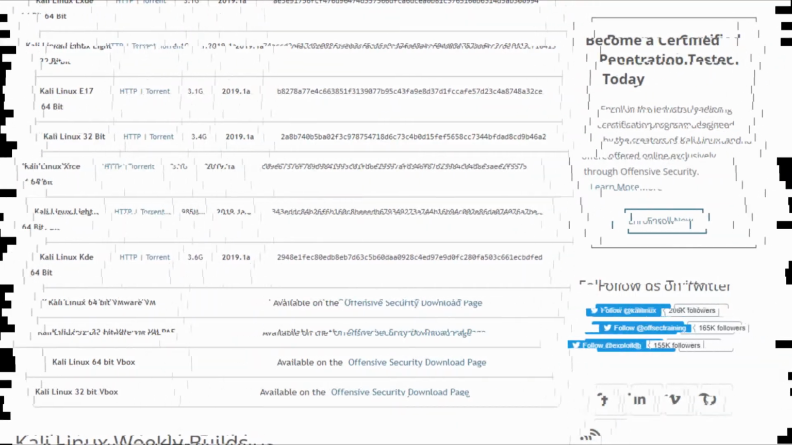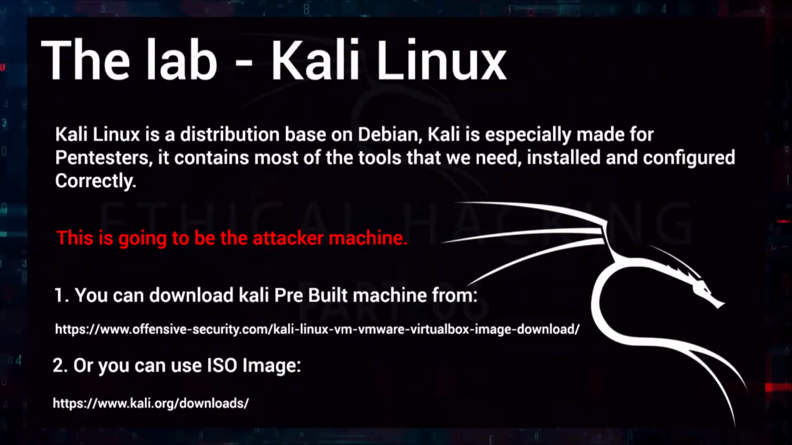But for the sake of this course, I will not do the snapshot thing. I'll just install Kali Linux from an ISO. But if you want me to do that, you can just comment down below and I will do that in the next video. But for this video we'll install Kali Linux from ISO and we'll go through it step by